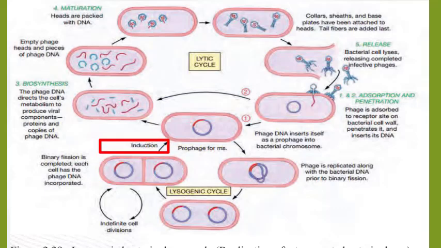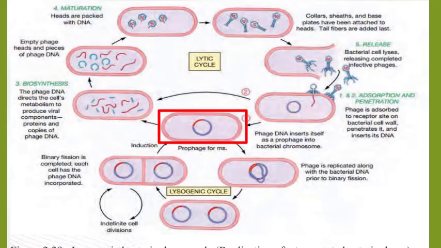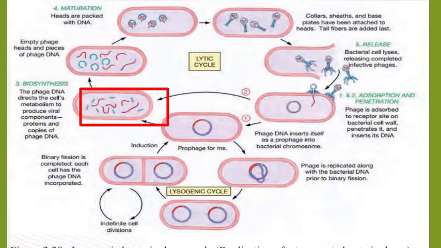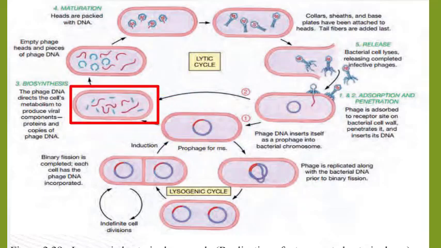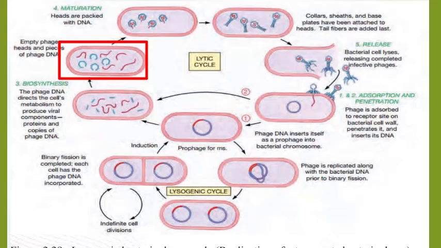Another step is induction or switch to the lytic cycle. When triggered by stress factors or environmental factors like UV light, chemical agents, or DNA damage, the prophage excises itself from the host genome. Then the virus enters the lytic cycle, leading to active replication, assembly of new virions